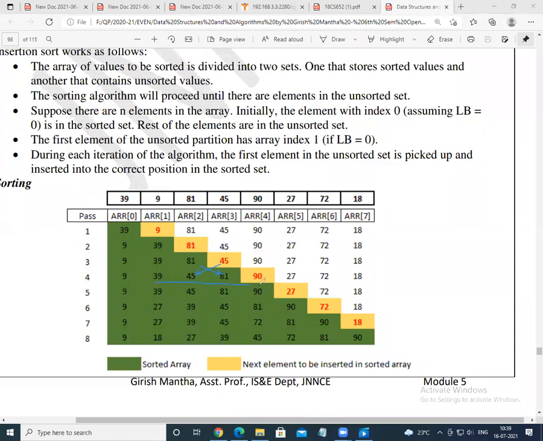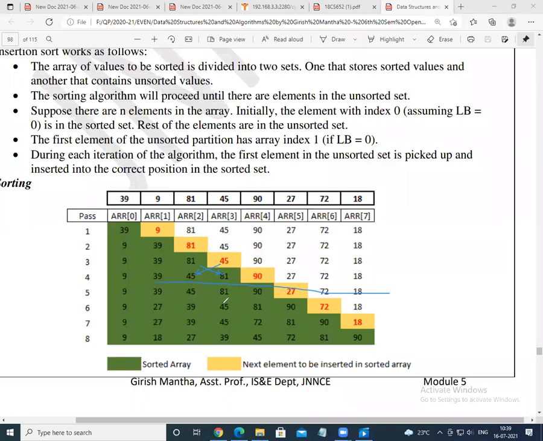Again, coming to this line, the next red marked element is the individual iteration focused element. It is 90. Is 90 less than 81? No, right? So it will return to the same place. Again, you come to this iteration. Next, is 27 less than 81? Yes. So what happens in this iteration completely?